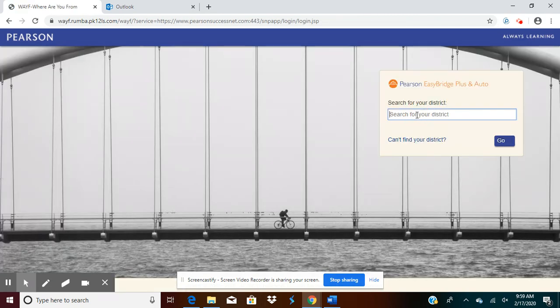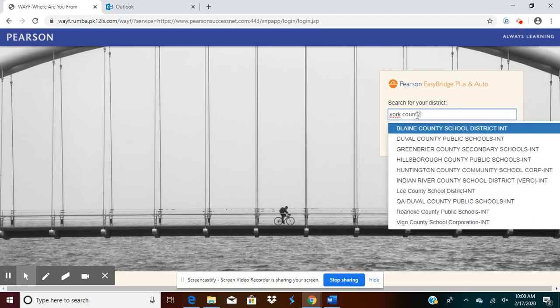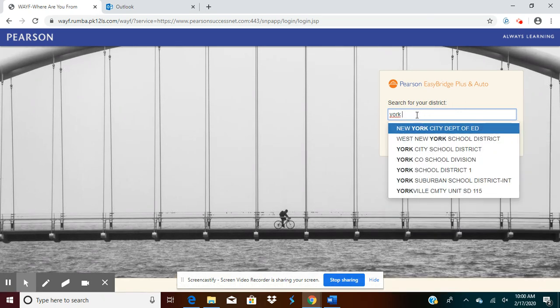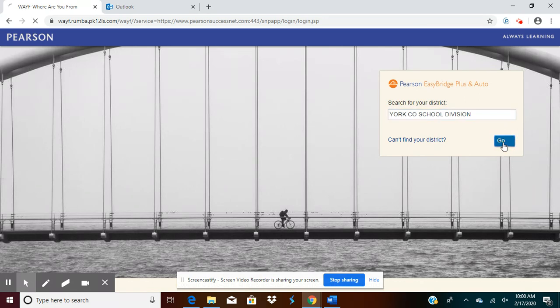Once you click that, you're going to type in your school district. So we are York County. Let's see if I can get it to pull up. Here we go. I saw it. So it's right here. You got to make sure you select the right one because otherwise you're going to end up going into another school's district. So if you click there and hit go,